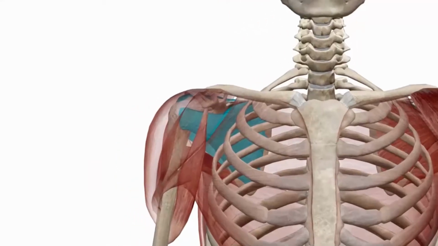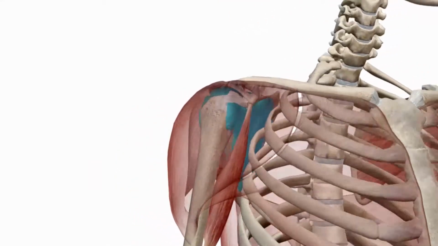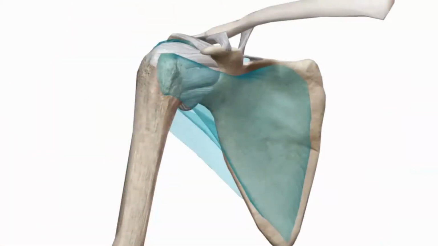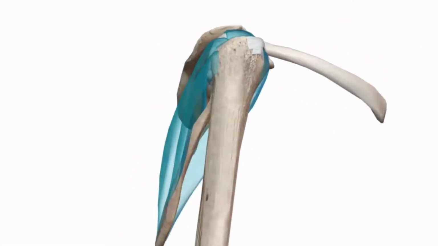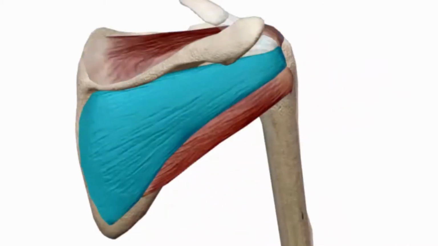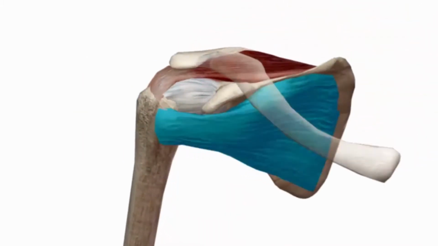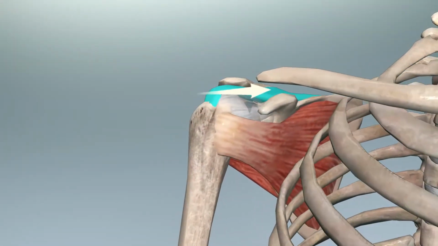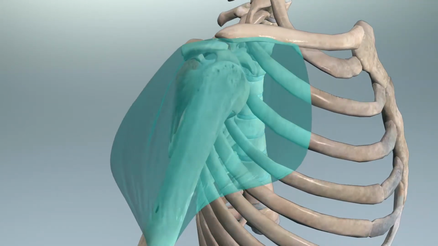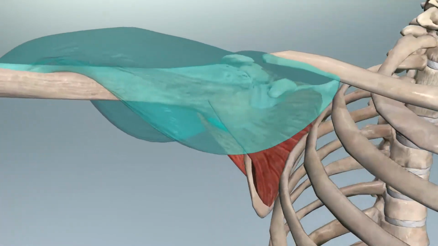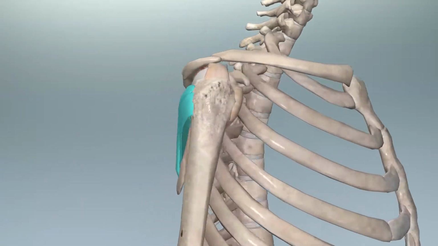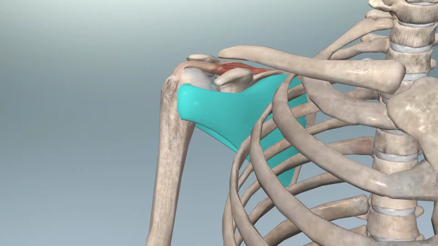The dynamic stabilizers consist of the muscles that surround the joint, so these are muscles that contract to produce movement. One of the main group of muscles that help to dynamically stabilize the shoulder are the four rotator cuff muscles: the supraspinatus, infraspinatus, teres minor, and the subscapularis. The supraspinatus's line of pull allows it to compress the humeral head as the larger deltoid muscles try to pull the humerus bone superiorly. The infraspinatus and teres minor are both external rotators and work with the subscapularis muscle to